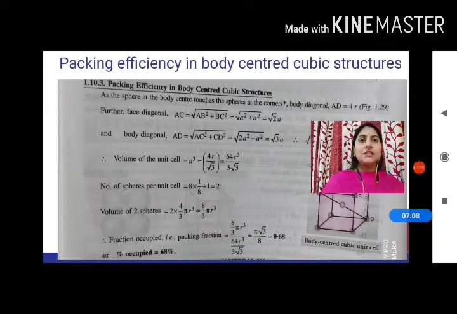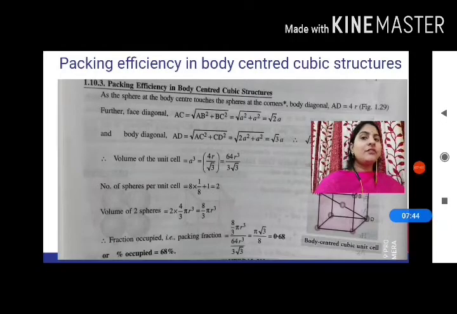In the BCC, the lattice has 8 atoms at the corners and one atom present within the body. The contribution of the corner atoms is 1 and the contribution of the atom present within the body is 1. So the number of atoms per unit cell for the BCC would be 2. Now, as explained in the previous slides, for the calculation of the volume of the cube we took the face diagonal as the hypotenuse. Now here we'll take the face diagonal as the base of the right angle triangle and the body diagonal as the hypotenuse.